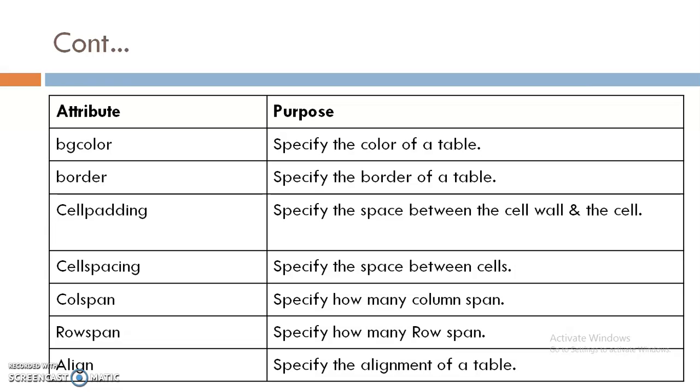Third one is cellpadding. Cellpadding specifies the space between the cell wall and the cell content. Next is cellspacing. It specifies the space between cells. Colspan specifies how many columns to span, meaning to merge the columns. Rowspan is used to merge the rows. And the align attribute specifies the alignment of a table.